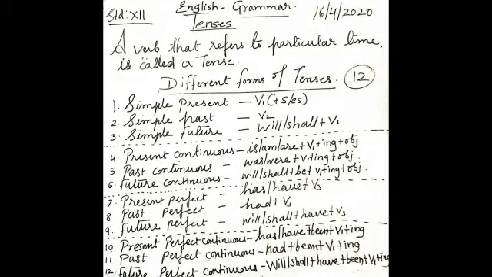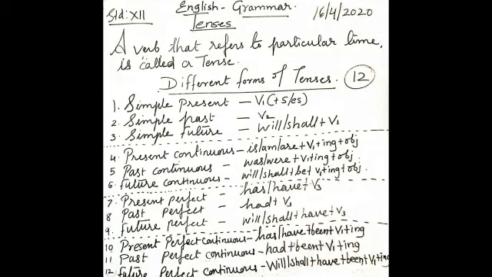Now let me explain you the definition of present perfect continuous tense. The present perfect continuous tense is used for an action which began at some time in the past and is still continuing. For example, they have been building the bridge for several months. One more example. He has been sleeping for 5 hours. That means the action is continuing and he is still sleeping. Is it clear?